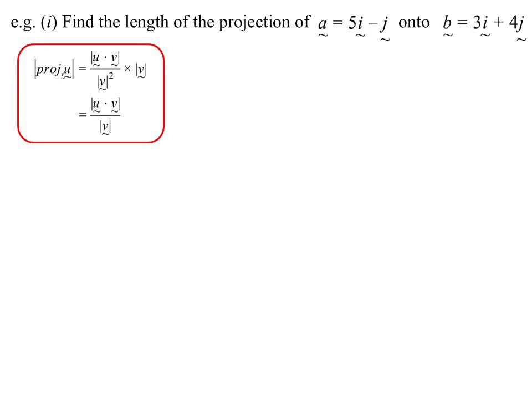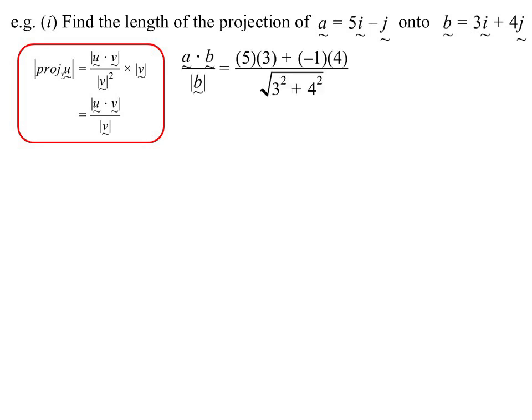Now I've put absolute value or magnitude around the u dot v there. Do I need it? I'm going to get a scalar, but it might be negative. And if I'm talking about the length of something, it's a positive number. So I'll put some absolute value signs around the top as well to ensure I get a positive number for